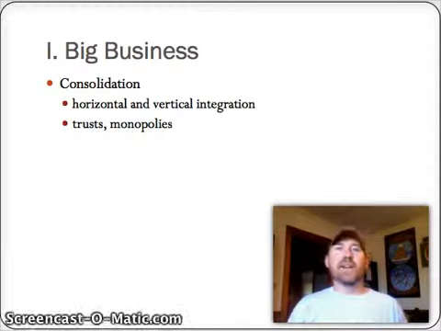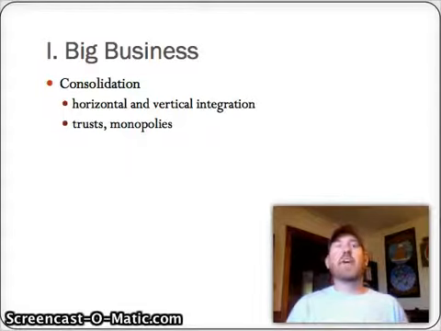It's called business consolidation, and it comes in the form of horizontal and vertical integration, in which companies consolidate or come together to form bigger and bigger companies. Now, the way that these work in horizontal integration, what you do is you start to buy up one sector of a process, or one step in a process. So, for instance, if you're producing oil or whatever it is, you would buy like the oil refineries. You wouldn't own any part of the production of the raw materials or the selling of the finished product. You would just be in charge of the factories that produced it.